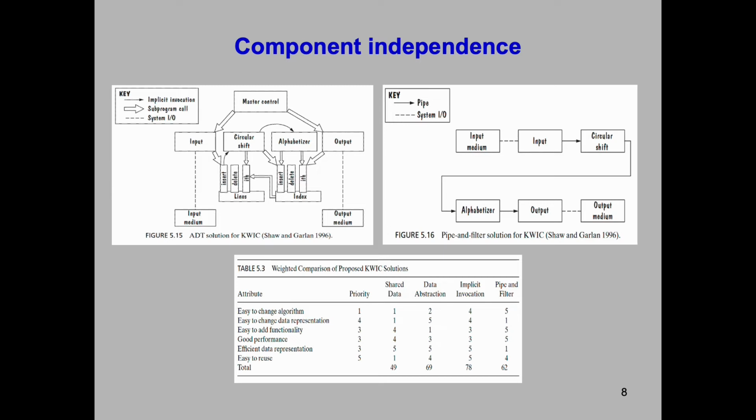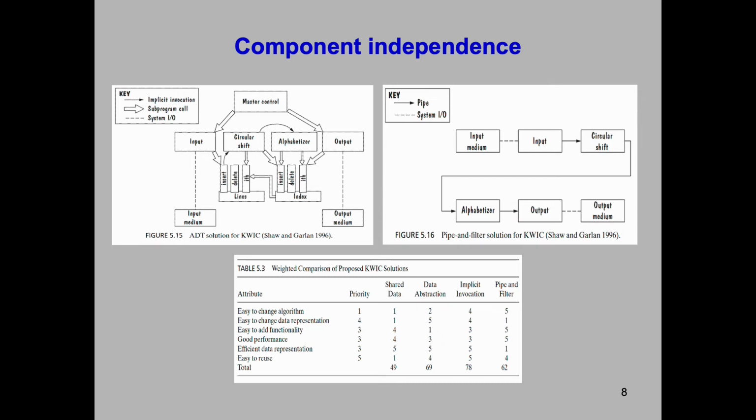And at the bottom there, you can see a table of how it kind of breaks down these modules and which is more desirable. So the attributes that we're interested in are easy to change algorithm, easy to change data representation, easy to add functionality, good performance, efficient data representation, and easy to reuse. So as you can see, there's a priority level there. These are matrixed with each score and kind of gives an output of what the overall score of each one is. So the first one we looked at was shared data, and it kind of came out the lowest, definitely the least desirable